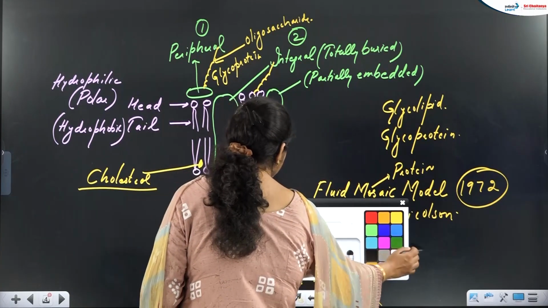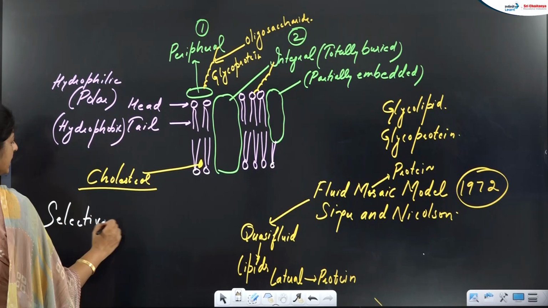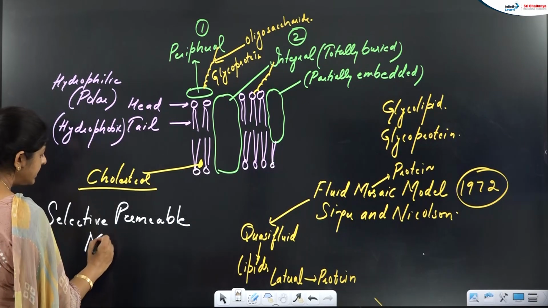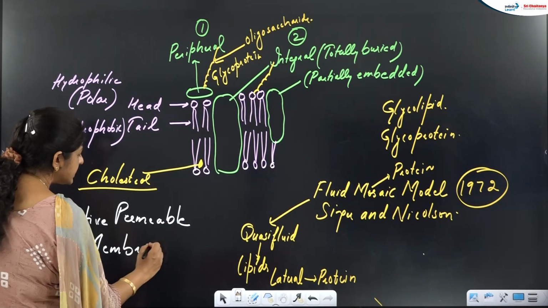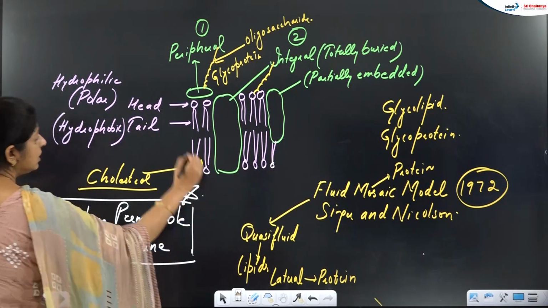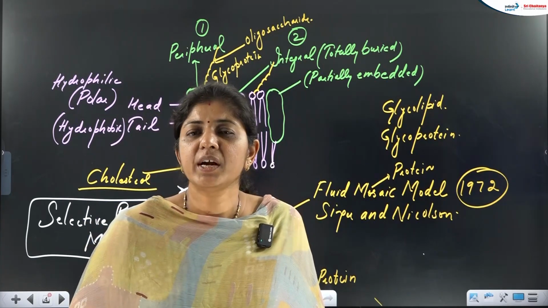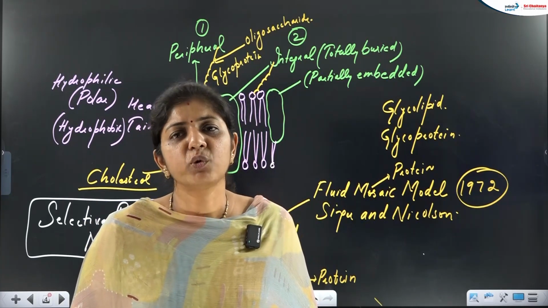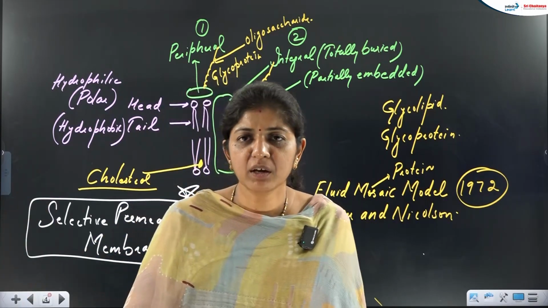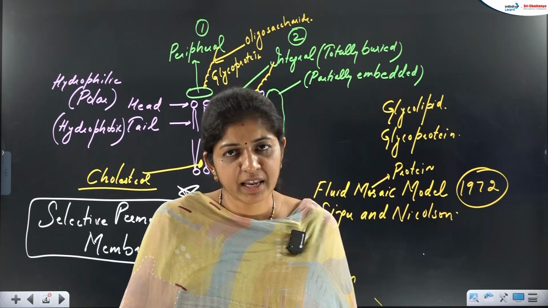Now let's see the function. What is the function of the cell membrane? It is a selectively permeable membrane. It will select what needs to come inside and what needs to go outside. This is the main function of the cell membrane, right? So please focus on what we are discussing. Many more things are there, but this is the small part we are going to pick for the eukaryotic cell. This is common in both plant cell and animal cell.